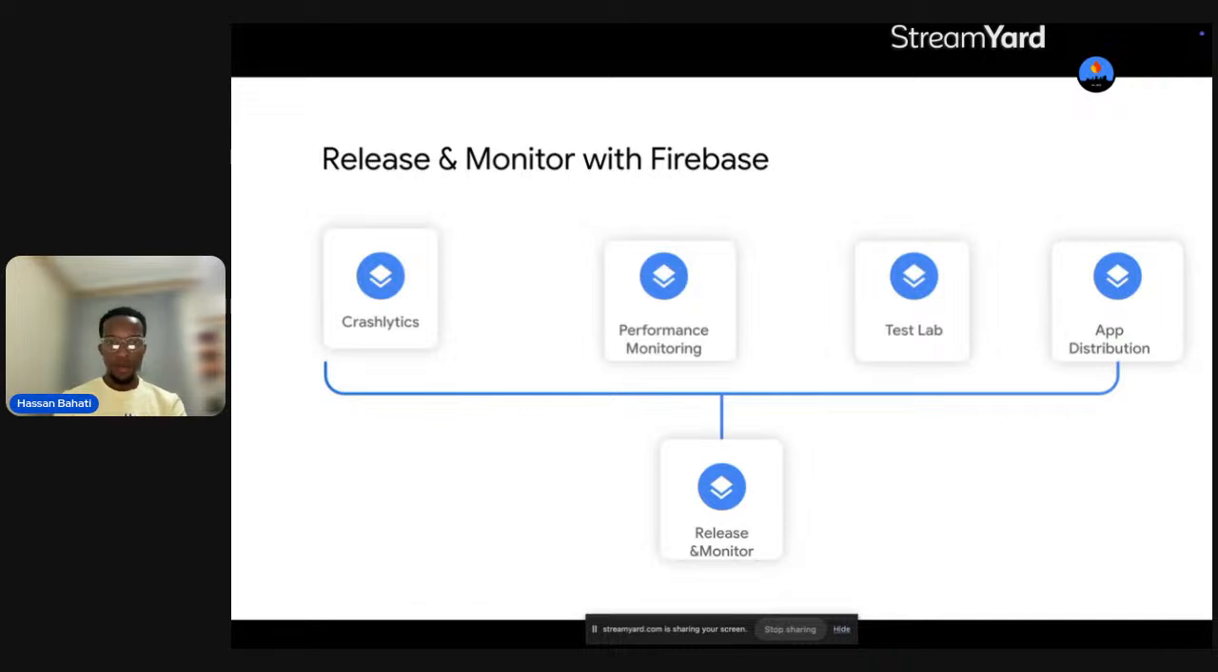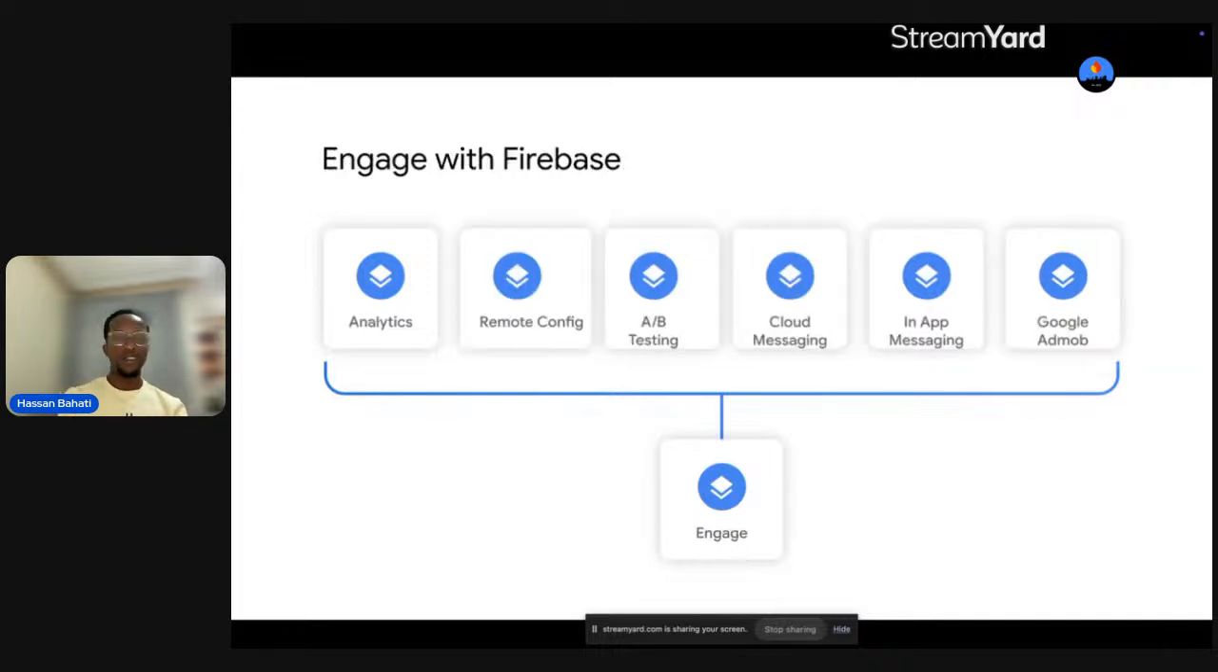And it would be really amazing that you get to try it out and leverage some of these amazing services. It's just not about that, but you can as well be able to engage with your customers or your users with Firebase. And this is through Crashlytics, analytics, sorry, remote config, A/B testing in case you want to experiment certain features, cloud messaging in case you want to send messages directly to a couple of platforms, in-app messaging, Google AdMob